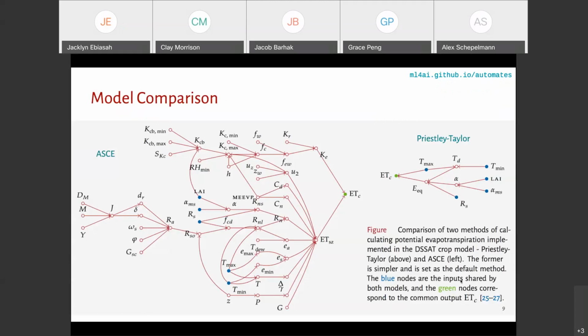Here's an example that comes from the crop modeling domain. Here are two models that have been analyzed by our system, and we're seeing a simplified version of that Griffin representation, that data flow representation. On the left is the ASCII model, on the right is the evapotranspiration model called Priestley-Taylor. These are two models that both compute an estimate of evapotranspiration, and in fact, they overlap in some of the variables that they use. We actually know about that overlap, again, based on grounding and the comments. But otherwise, looking at the code, you wouldn't necessarily know that those overlapped.